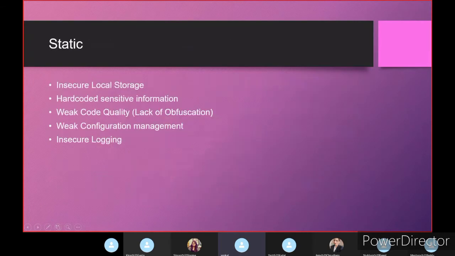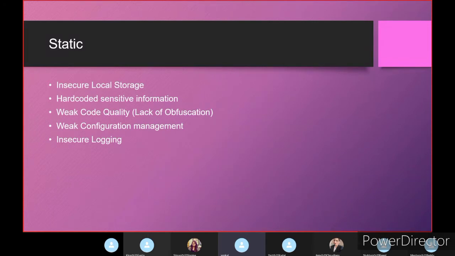Basically, we can move forward with two types of testing. We have divided it into two types: one is static and the other is dynamic. In static thick client testing, we do not have to run the application. We try to open the application, check the local storage, and see whether any sensitive information is present in the installation media of that particular thick client. We also inspect the exe file, the thick client file, for any hard-coded sensitive information. For weak code quality, we also check for any logic in the code that can reveal internal system logic, something like that.